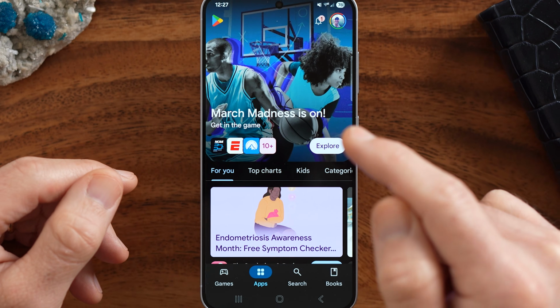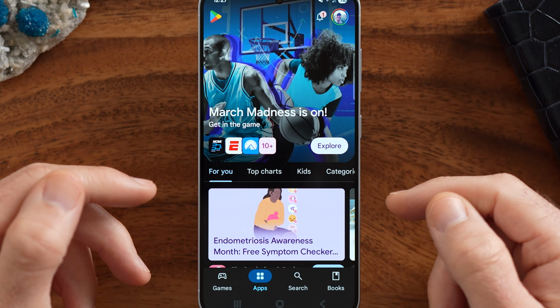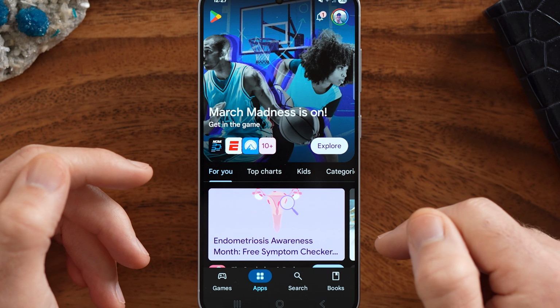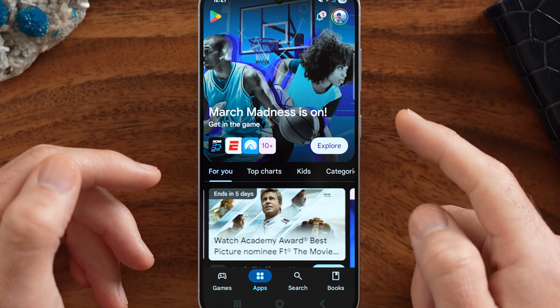Hey guys, Trevor here. And in this video, I'm going to show you how to change the payment method in the Google Play Store. So open up the Google Play Store, and at the very top right, let's tap on